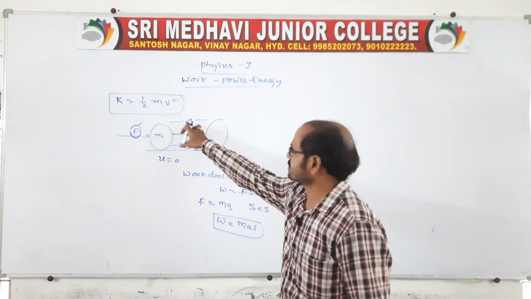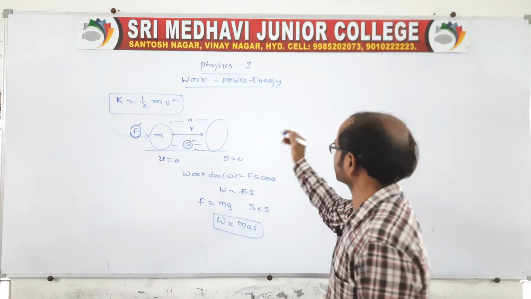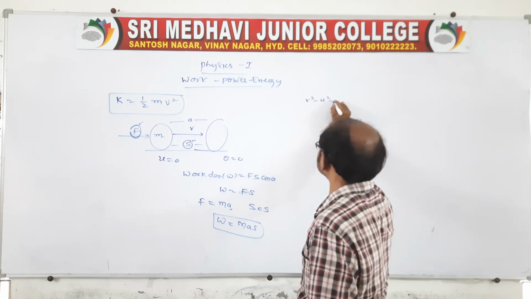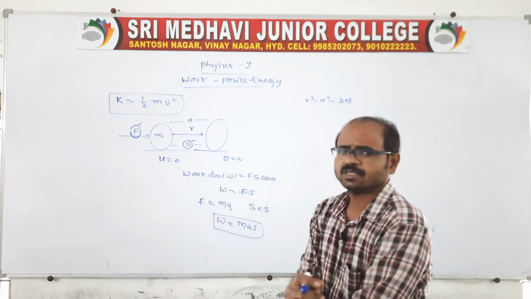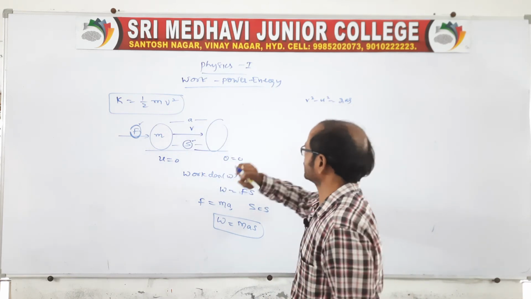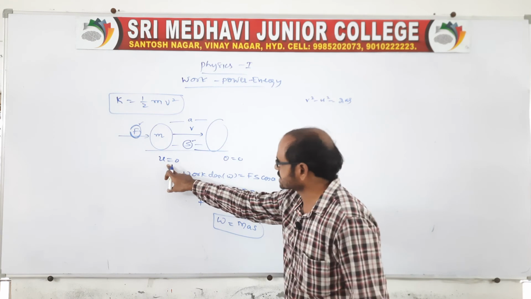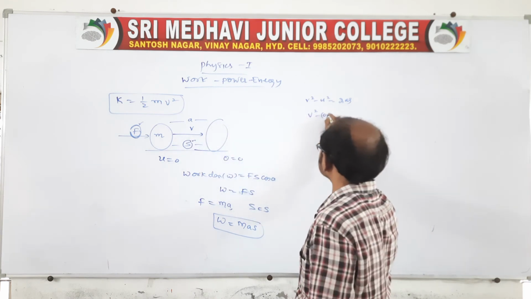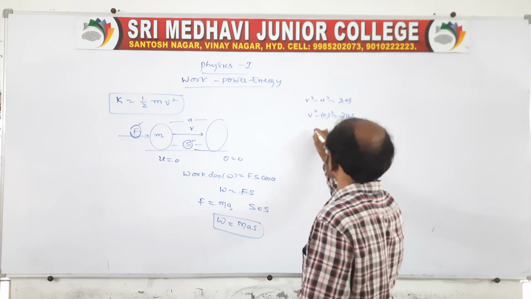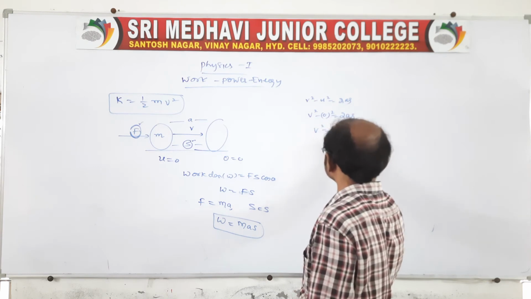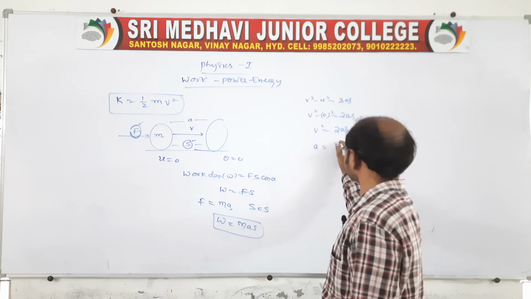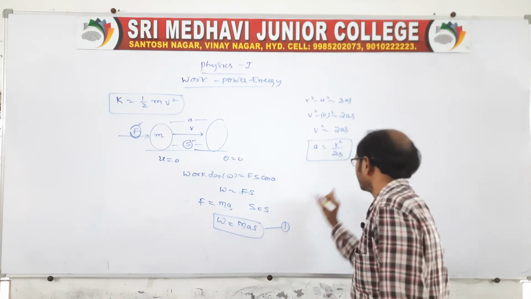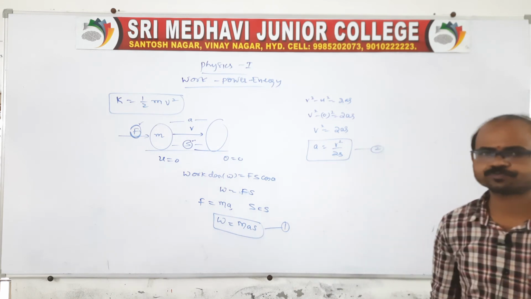Now it is accelerating with an acceleration a, no? Then you get the acceleration by using v square minus u square is equal to 2as. Take any one, because it is accelerating with an acceleration. Initially the body is at rest and it is moving with an acceleration a. Therefore, v square minus 0 square is 2a into s. v square is equal to 2as, then a is equal to v square by 2s. This is the acceleration. You take this as equation 1 and this as equation 2.